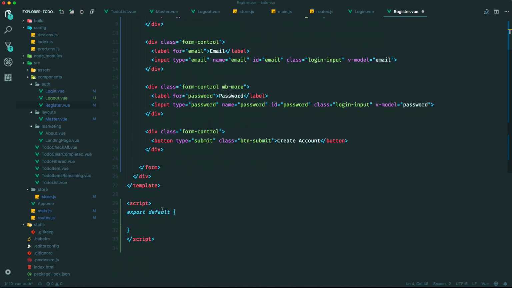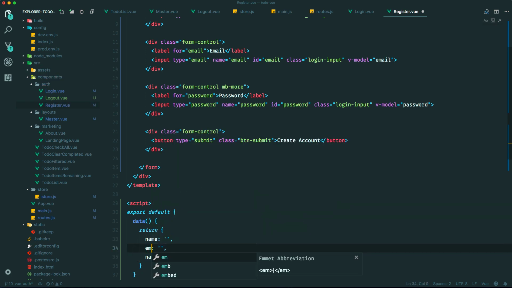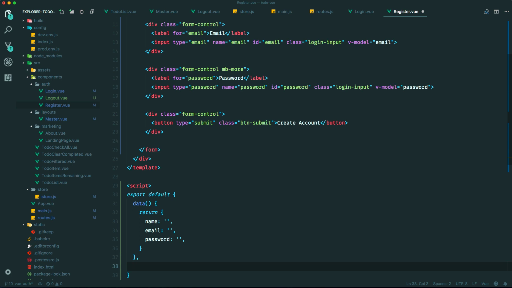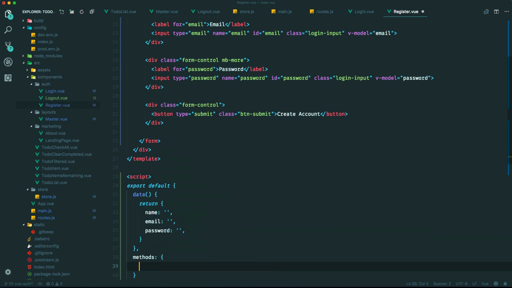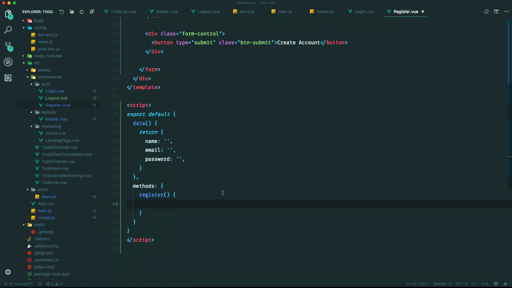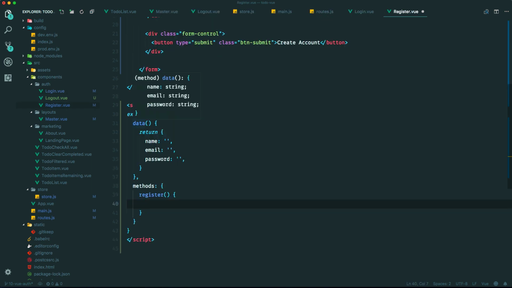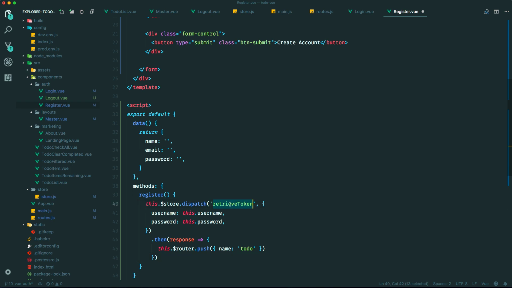Close that. And let's make it data. Name. Email. Password. And then methods. Register. Let's do the same thing as we're doing in login. So let's just grab this, paste it in, except we're registering,